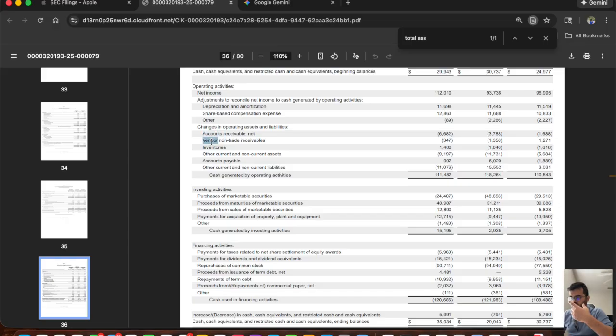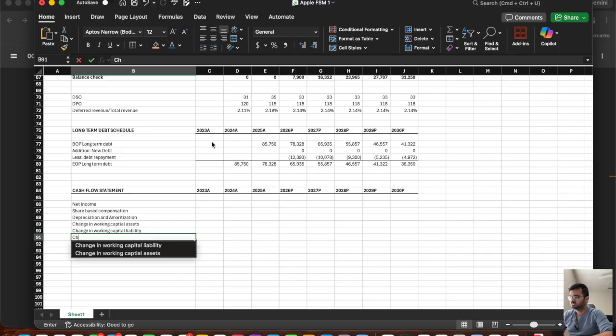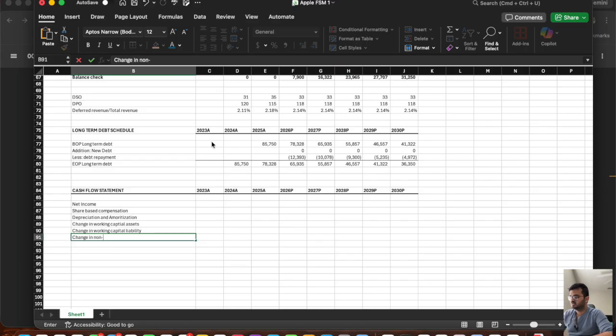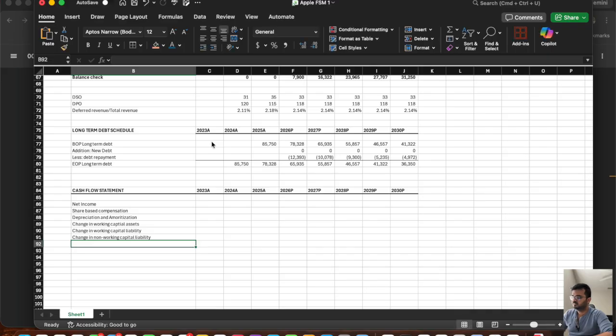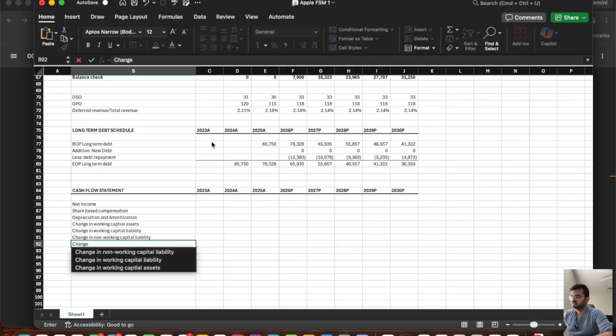So that way I will group it and calculate the change in the working capital assets and liability. Similarly, we also have change in non-working or long-term capital. I'll just put in liability here and I will tell you why I haven't included assets later. Then if I do the summation of all these things, I will get